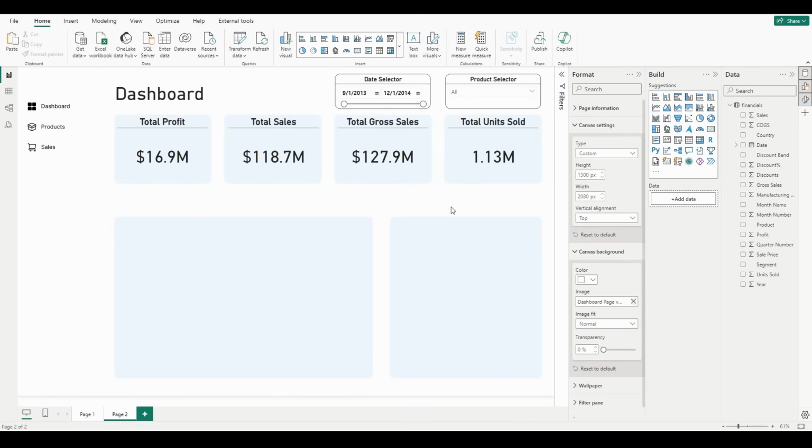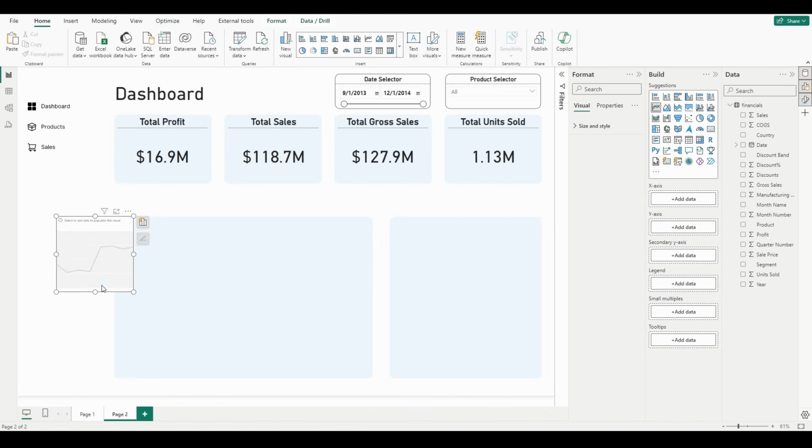Okay, great. We're looking good here so far, but I'd like to add in a secondary visual to each of these, which is just a simple line chart. It shows the trend of how each of these metrics has been performing over time based on the selection in our date slicer here. So let's go ahead and add in our line chart right here. And we'll just place this right here for now, but I'm going to want to plot total profit over time